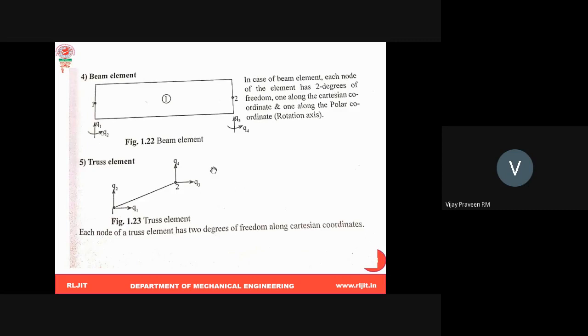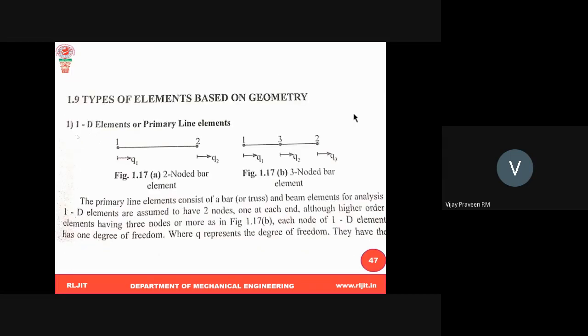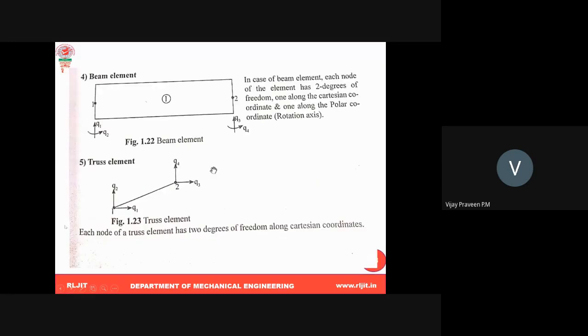That's why one nodal displacement is about the linear deflection, and one more nodal displacement is about the rotation because of bending. So this type of beam element is also called a 1D element, which is used specially only for one particular problem, known as beam problems. The bar element is mainly used for bar problems. When you apply a load on the bar, it will be either compression or tension, that's all. There is no rotation, only linear movement. That's why only linear displacement will be there. Q1, Q2, Q3, no rotation is shown. But here Q1, Q2, Q3, Q4, there are four nodal displacements, because one is linear displacement and another is rotation.